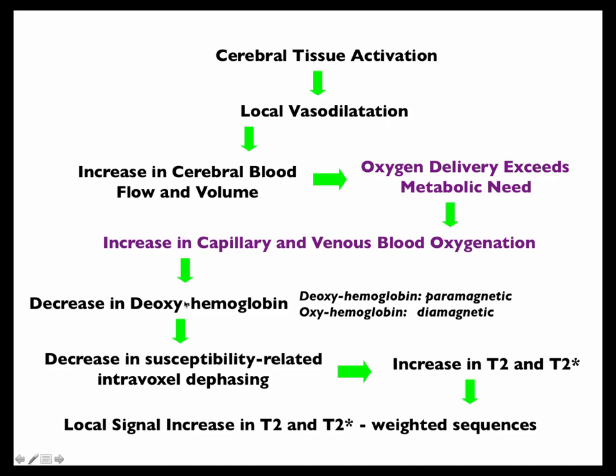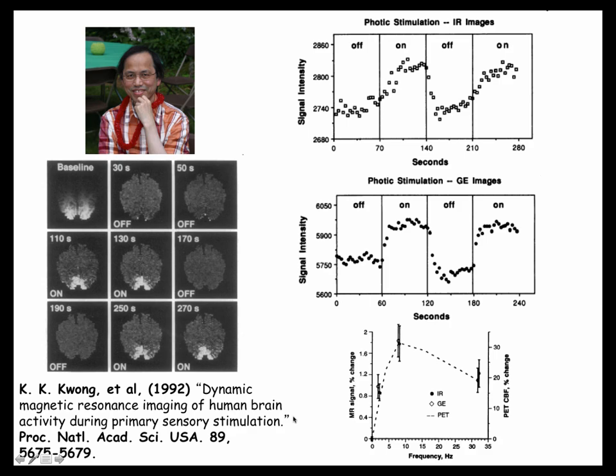And so with activation, you have a decrease then in susceptibility-related intervoxel dephasing that increases T2 and T2 star, which are quantitative measures of relaxation rate. And then the local signal increase in these two sequences increases. Okay, all right, so the first experiment, this is Ken Kwong,